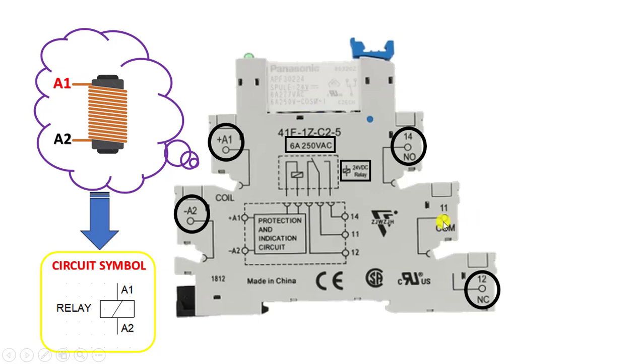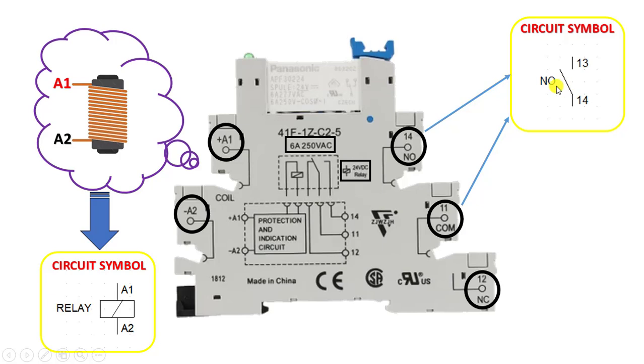We have a common end called COM for the open and closed contacts. The common end of the contact is the COM end. Friends, we provide the supply voltage from here. The symbol is NO, as you can see on the right, meaning normally open. It is named like this with an open contact symbol. The circuit symbol of our closed contact is shown like this. We symbolize the circuit as a contact.